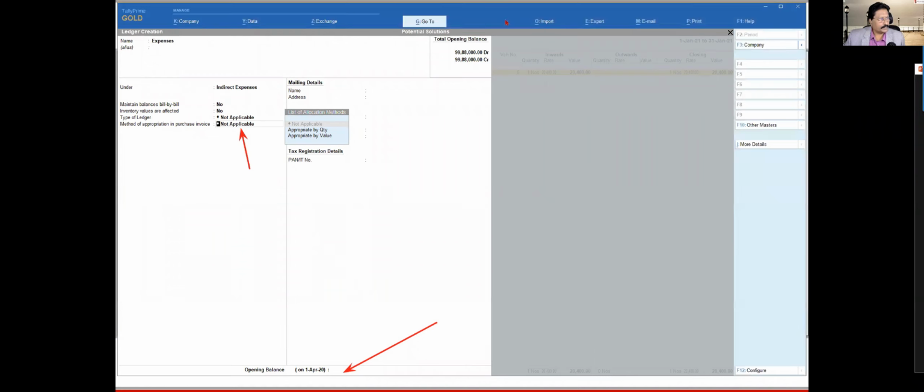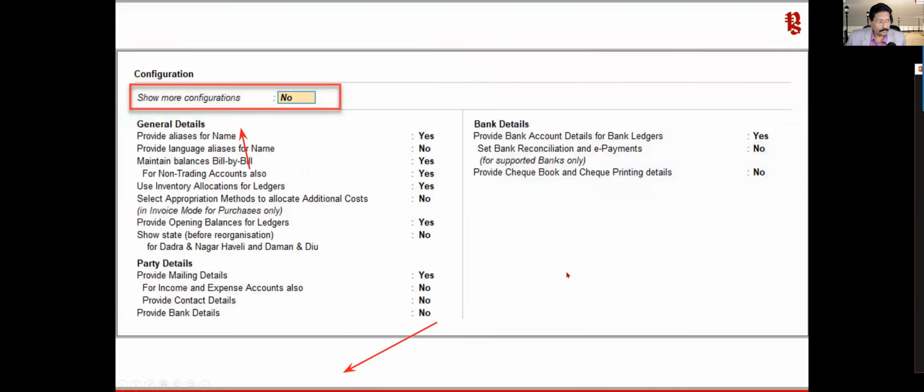It is not taking us to the mailing information. Why? Because we did not enable it for income and expenditure accounts also. If you enable this as yes, then the cursor will go there and Tally will allow you to capture the detail for whatever reason you want. You can capture that information there.